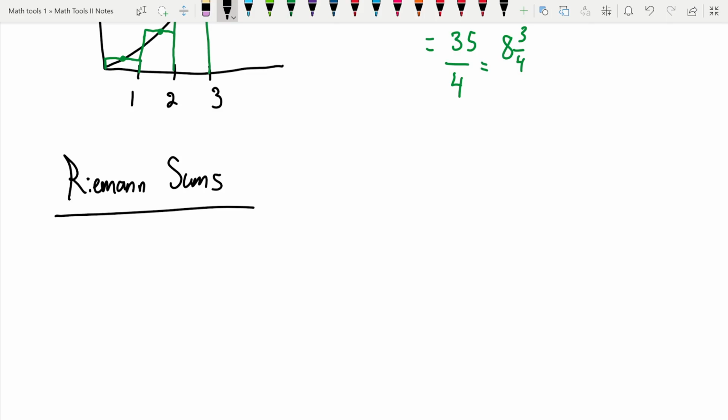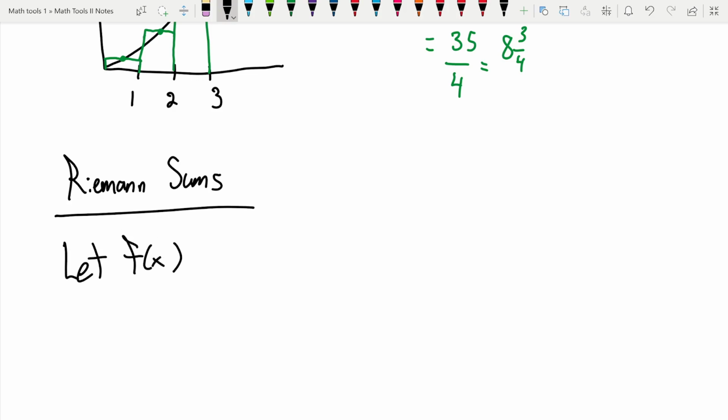So in this video, we want to talk about Riemann sums. So these are kind of the same thing as the left or right endpoint approximations, but they're a little bit more general in that it doesn't have to necessarily be the left or right endpoints. It could be any point in the interval giving you the height. So we'll go ahead and write down the definition